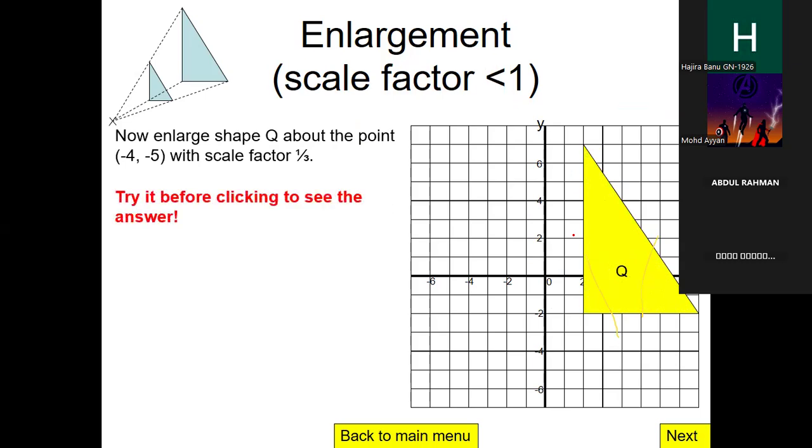Now, when the scale factor is less than 1, what will happen? You see, when it is less than 1, first the same process. Mark the